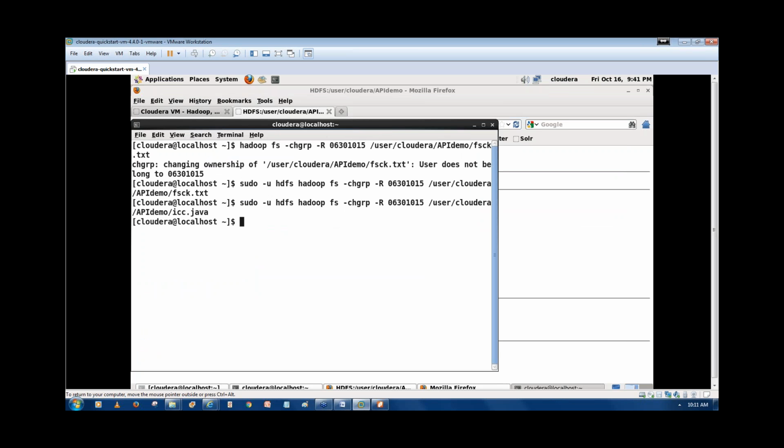The chown command. That is hadoop fs -chown. I want to change the ownership, and I want to run this command recursively, so again I'm writing -R. Now write the new owner name. I'm giving the new owner, that is Gupta. Then for which file do you want to assign this owner? /user/cloudera, the directory API demo, and the file name